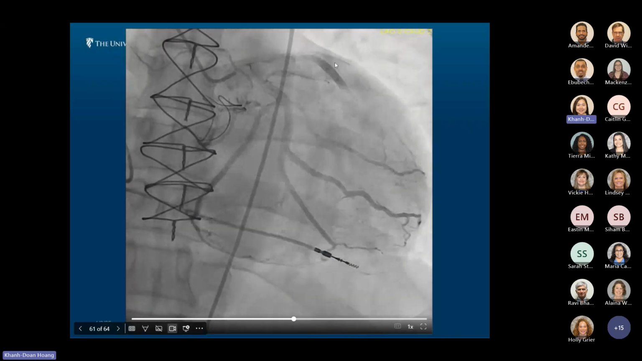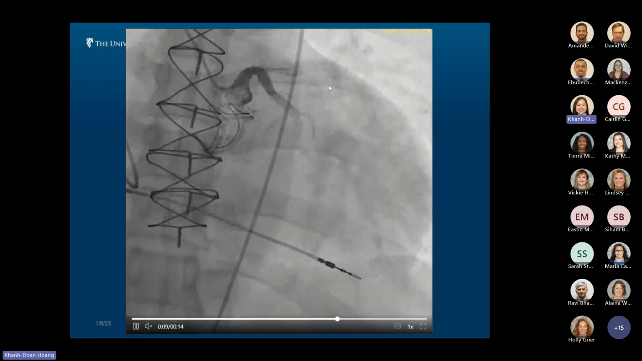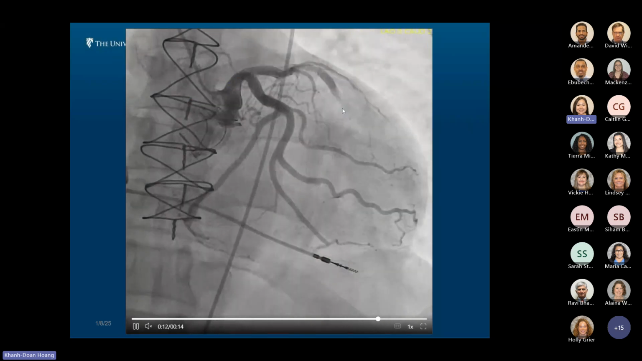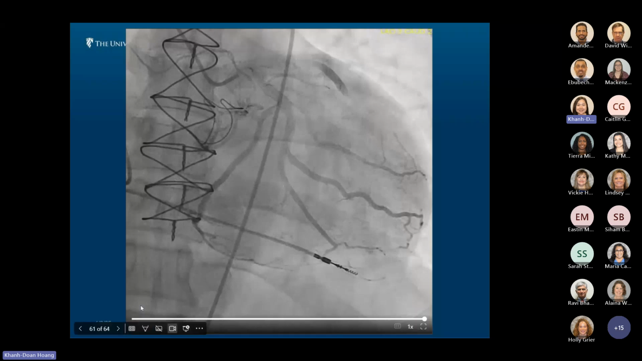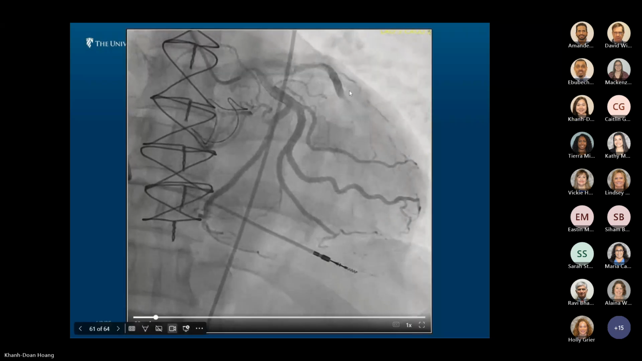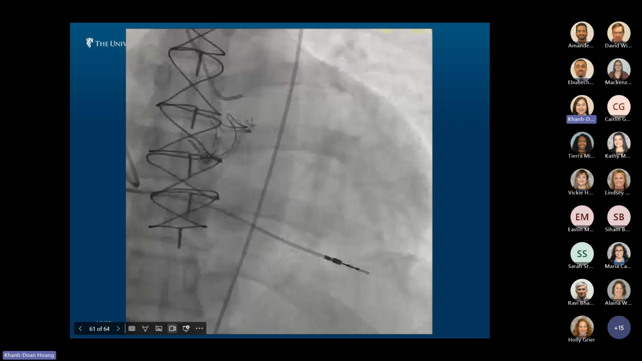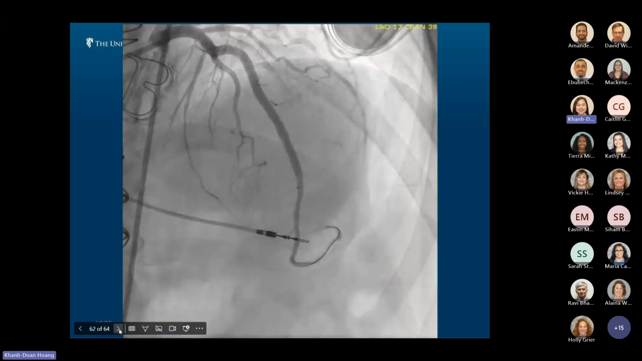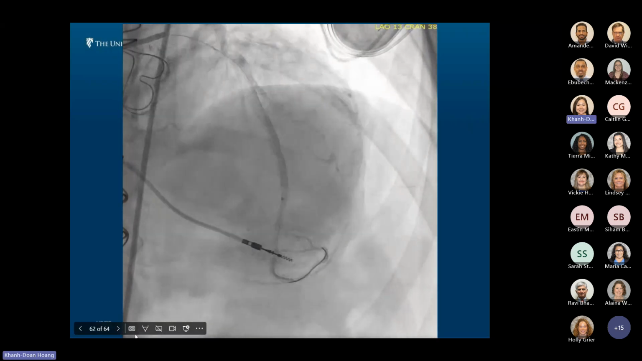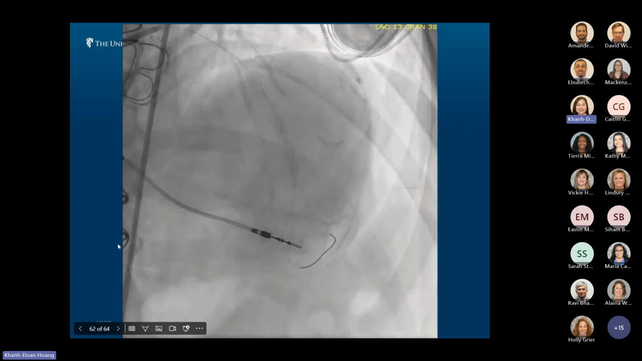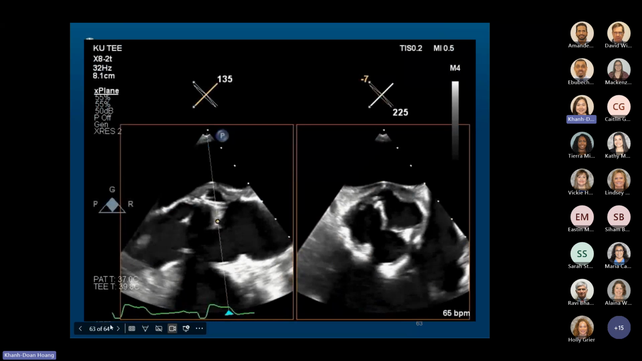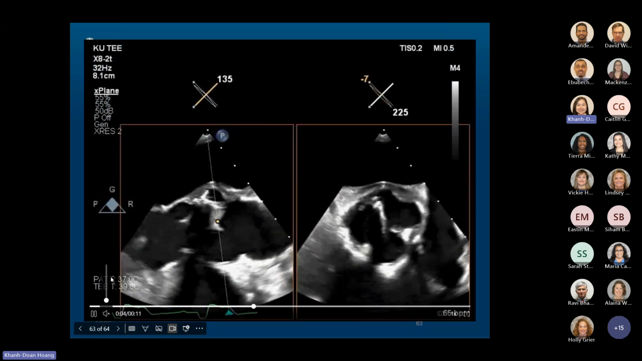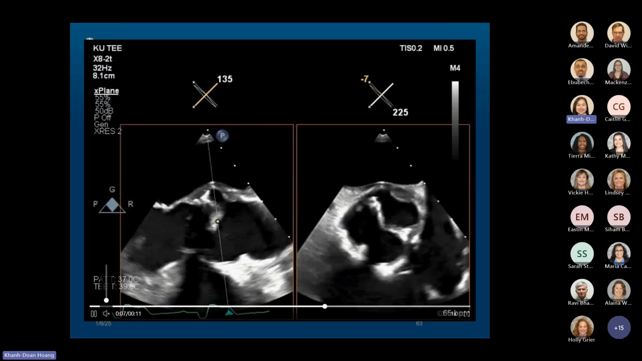And it looks like there's an abrupt stop in blood flow here. And they found an acute thrombotic occlusion of the mid-LAD here. And then they had a successful intervention and was revascularized. And it was suspected that the acute thrombotic occlusion of that mid-LAD was possibly from an embolic process from their